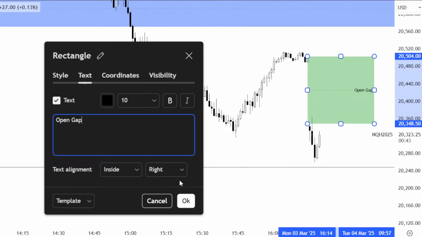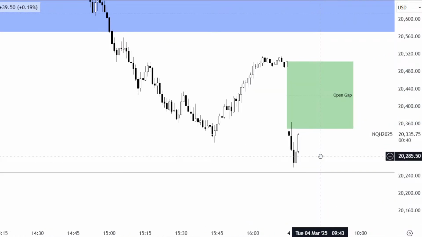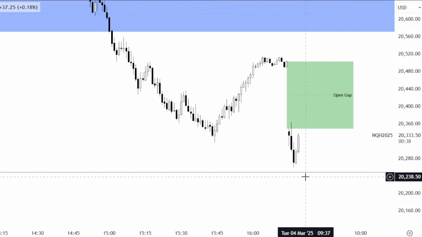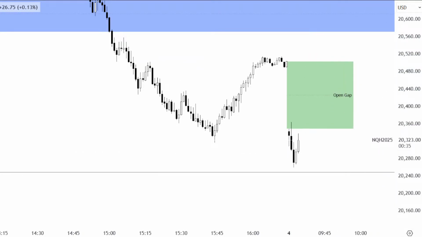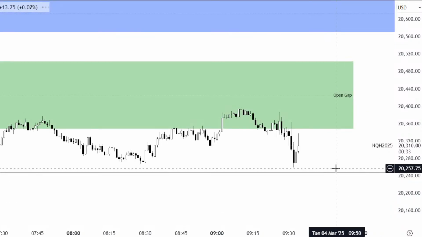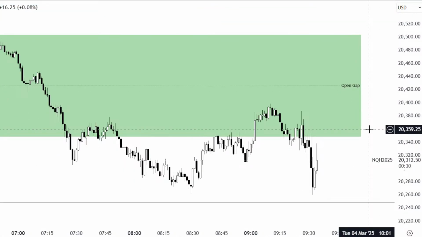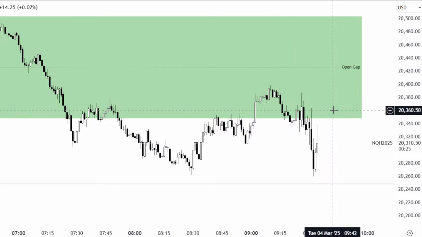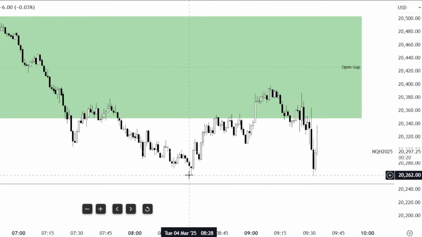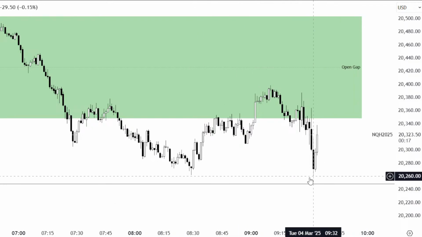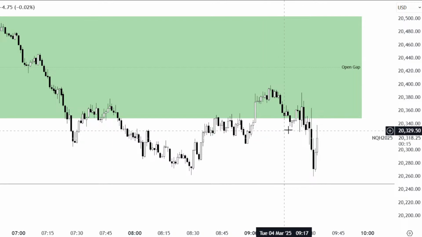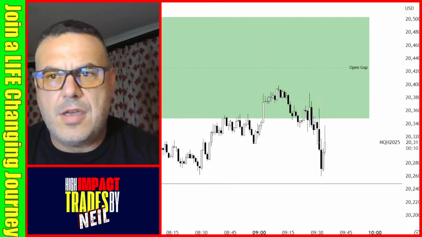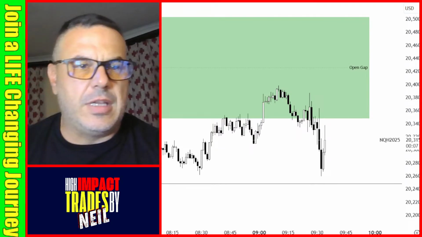Alright, so if we want to go higher today, I would most probably look for some push down into these equal lows, and then give me opportunity to fill this gap. But let's hold our horses and see. We've got a lot of upside waiting for us. I think momentum's still a bit down, so we might run some equal lows here as well. And no real fair value gap here yet, so let's just keep an eye and see what we can get from there.